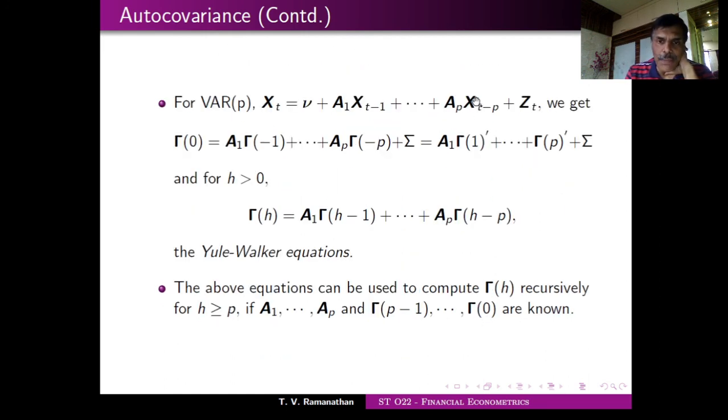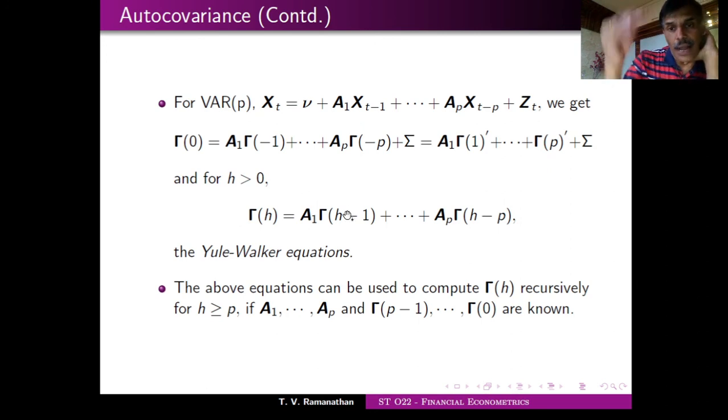Now, what happens in these cases, there are up to p you may have to compute, like h greater than 0. Because this is h greater than or equal to p, from p plus 1 onwards only you will get from here, because you have this gamma 0, otherwise this will repeat here. You won't get the same thing. So from that point, you can actually substitute and find it.